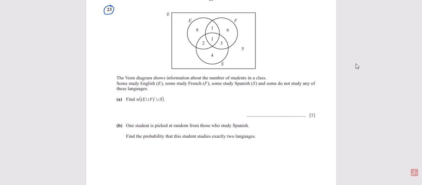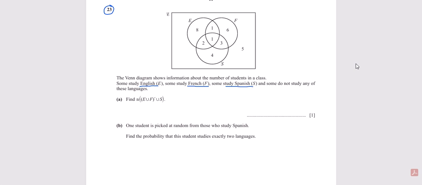The Venn diagram shows information about the number of students in a class. Some study English, some study French, some study Spanish, and some do not study any of these languages. Find the number in